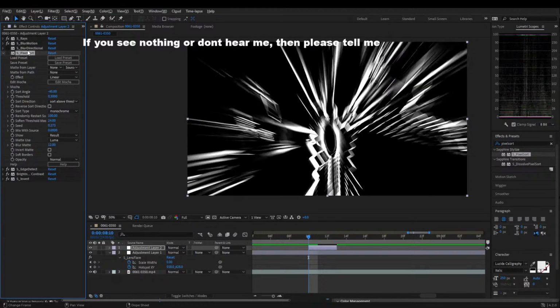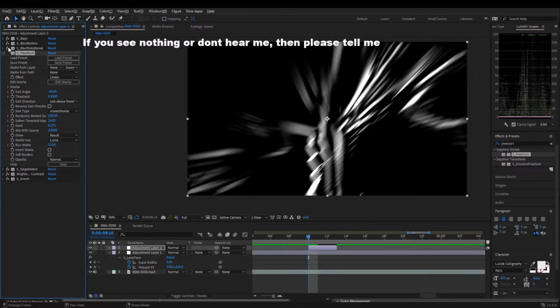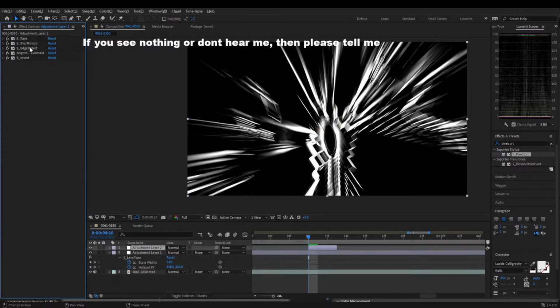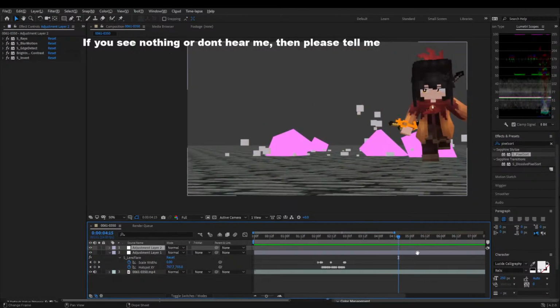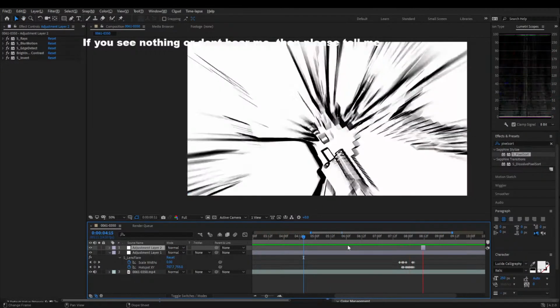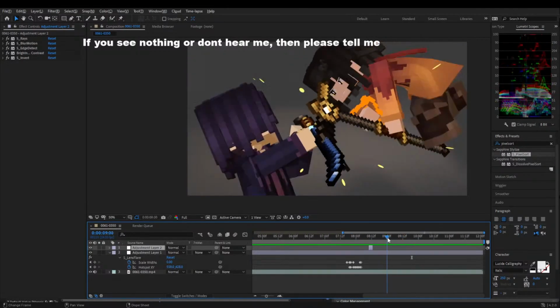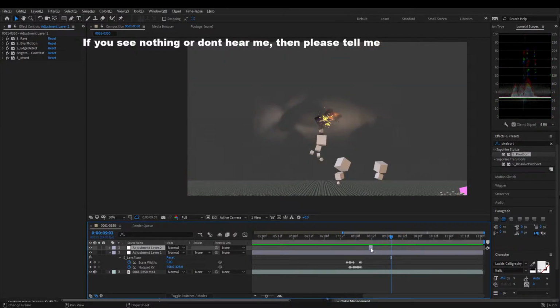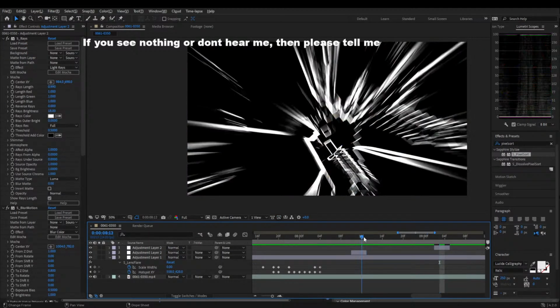All right, so I'm gonna turn this off. So we're just gonna use the radial one for now, and this is good enough. Let's back up and see what it looks like again. I'm gonna add another impact frame right here. Oh, actually, one more thing I want to tell you is